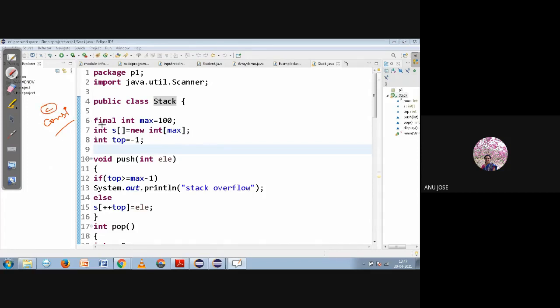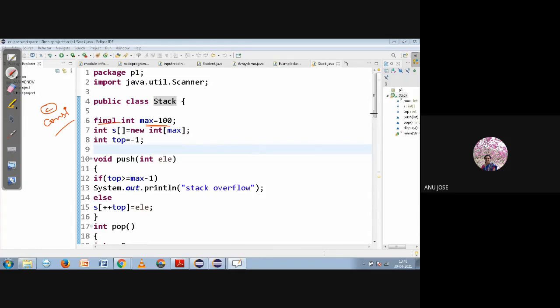In the same way, here we are using the keyword final. It indicates that it is a constant, so its value won't change. Maximum size is a fixed value with the value 100. You can't edit this value. If you try to edit it, that will cause an error.